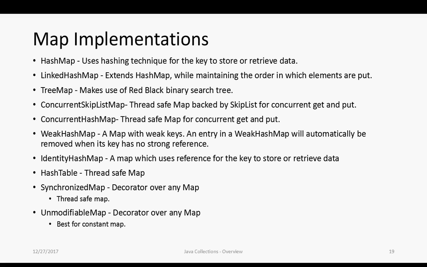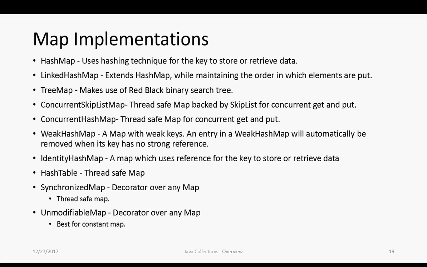Whenever your strong key is out of reach, right, nobody is referencing it, at that point in time the garbage collector may collect this entry and remove it from the hash map. This is very useful where you need to be space optimized. Identity hash map is similar to hash map, but it doesn't make use of equals and hash code. Instead, it is going to use